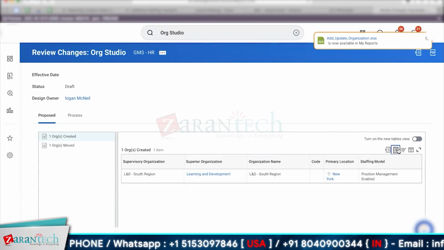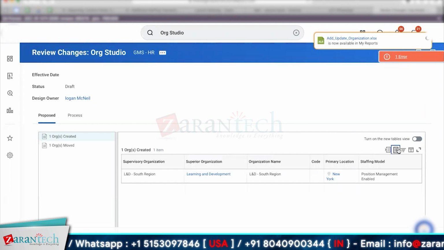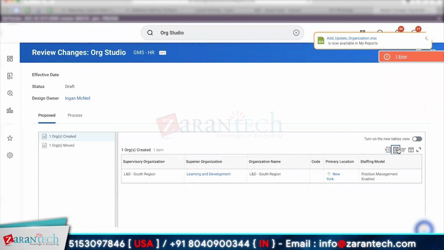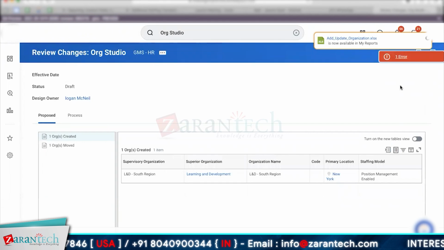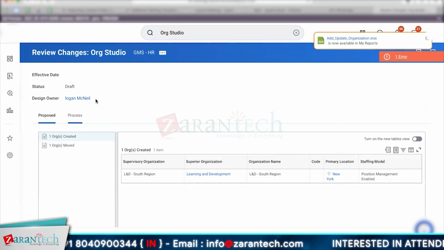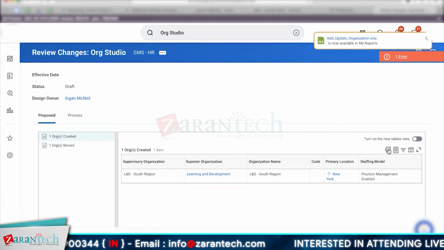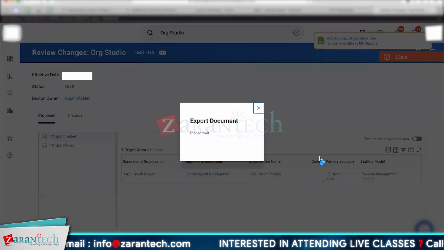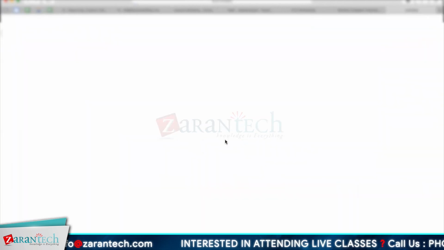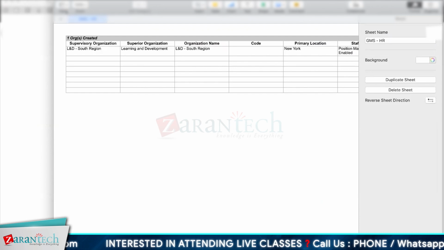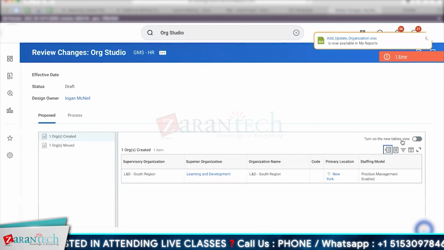And if we want to take a look, there is no person right now there, but we can always take a look at whatever we are designing in an Excel format. Let's see if it would allow us to export in Excel. Again, this is just showing the structure that we created, but generally we would still be able to see it